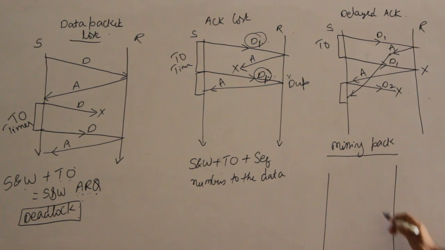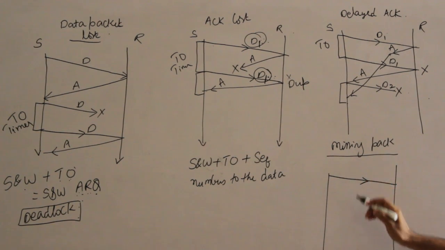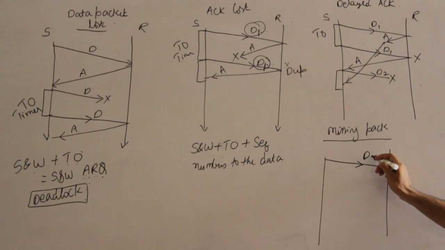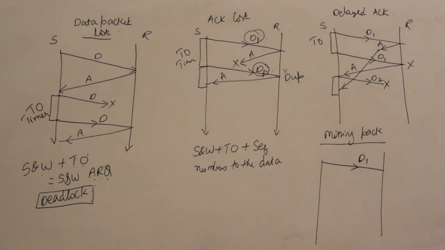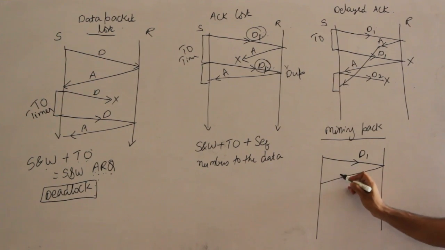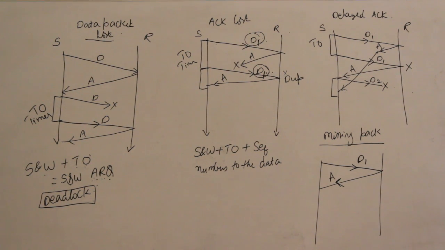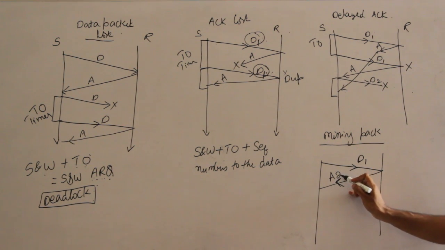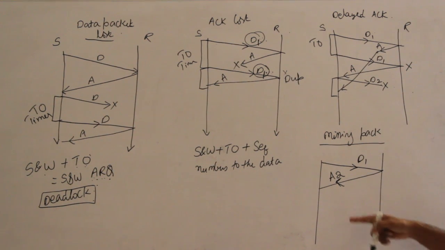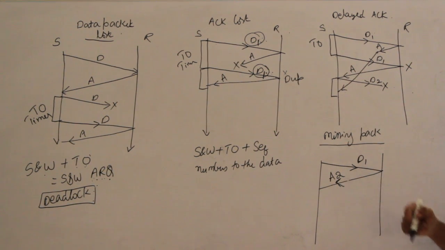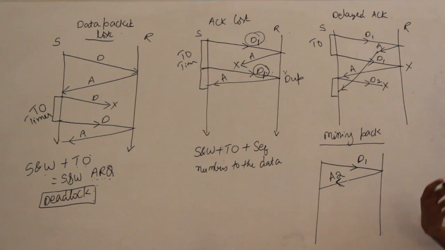Now the sender is going to send the data packet D1 and the receiver is going to send the acknowledgement, but instead of sending a pure acknowledgement, I mean only the acknowledgement, he is also going to put a number on the acknowledgement now. Since we have received the data packet D1, the acknowledgement number will be A2. It indicates that I have received packet 1 and I am expecting packet number 2 from you. The acknowledgement numbers are always going to be plus one, which means whatever packet we got now, we add one more and then ask for the next packet.